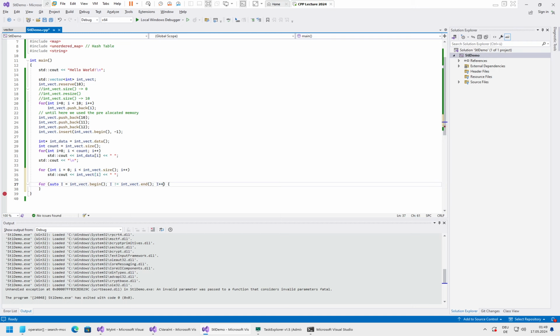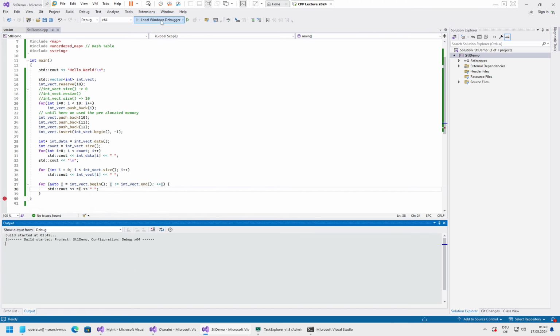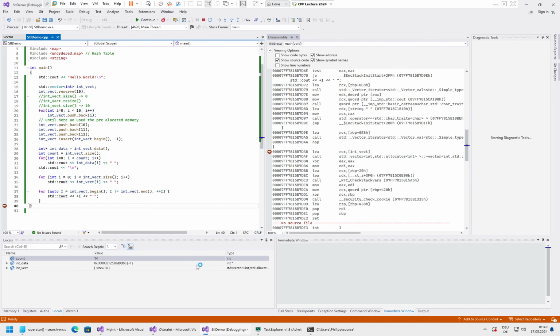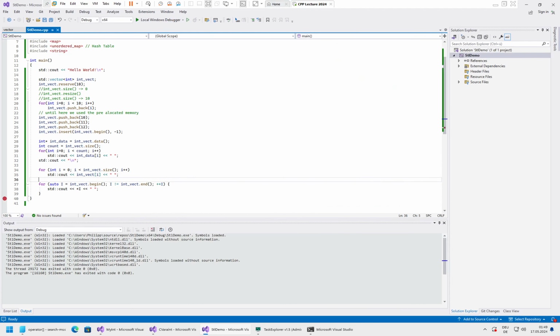In principle both work, but this one is recommended if you want the best performance. And then what we need to do is use the asterisk operator, which is simply a custom operator on this iterator object. As you see here, when we hover over auto with our mouse, it shows us how this object looks. It will be an std::vector<int>::iterator. And now if we run it, we will of course still get the same values. While this might look like a bit of a cumbersome way to use it,